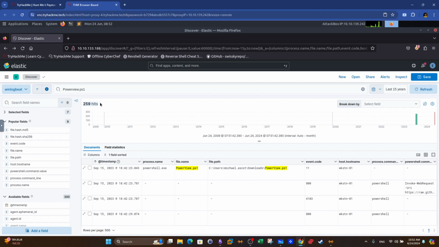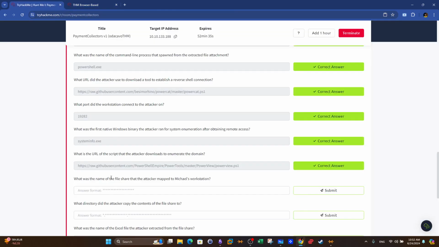So it can be overwhelming to go through all of these events. So we're gonna have to find a shortcut. Let's go back to the question. What was the name of the file share that the attacker mapped to Michael's workstation? We might be convinced that the attacker used the script to perform some of the enumeration on the system, but we have also to assume that the attacker has not relied on this tool to retrieve all the system information. Remember that from the previous question, we know that the attacker relied at some point on native Windows